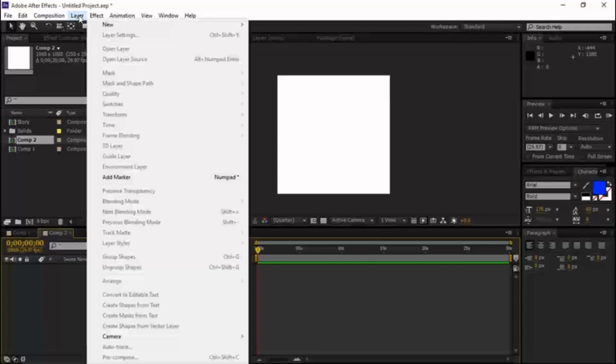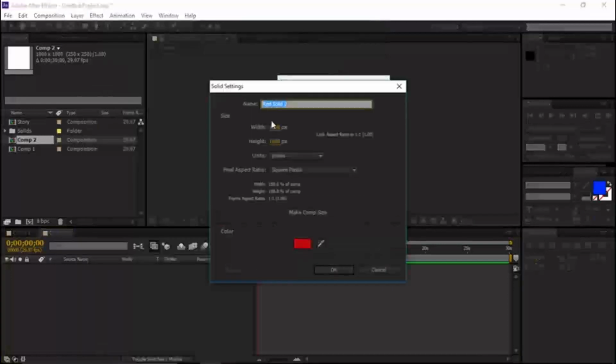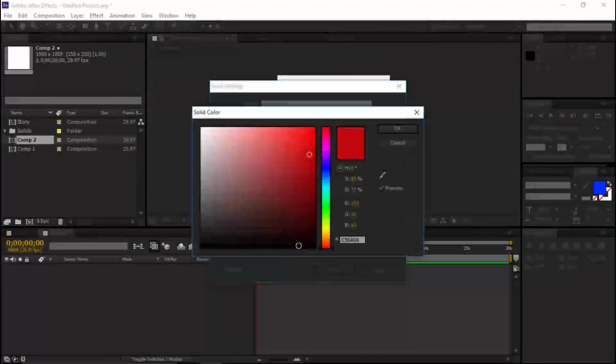We're now going to first add a solid to it. Again, my aspect ratio of my solid is going to be the same. Nothing much is going to change. And let me make it this color. Okay,